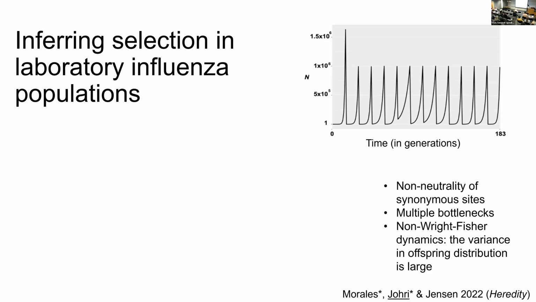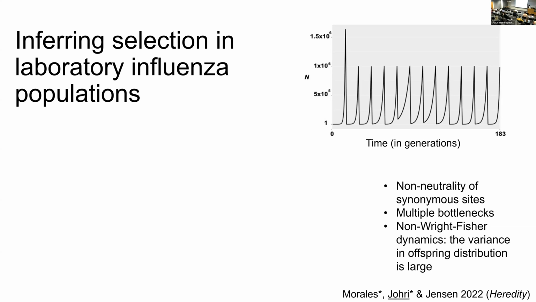But there were many complications in this kind of a virus model, right? There's a non-neutrality of synonymous sites. People don't know much about it, but that's a problem. We know that there are multiple bottlenecks in this kind of passaging experimental population. We know that there were non-Wright-Fisher dynamics, and what that means is that in a lot of viruses, the variance in offspring number is very large, and that is not accounted for in these traditional Wright-Fisher popgen models. Okay, so what we did is we made a method that accounted for all of these things